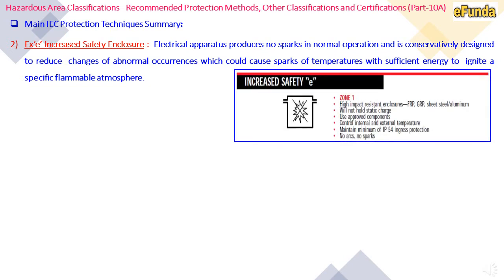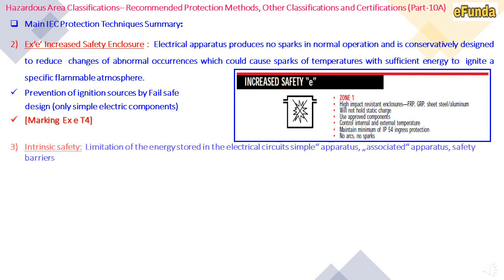One can see the representation of increased safety in the figure, where it is applicable for zone 1: high impact resistance enclosure, FRP, GRP, sheet steel, aluminium, will not hold static charge, use of rated components only, control internal and external temperature, maintain minimum IP54 protection, IP we will see separately, no arcs and no sparks. Prevention of an ignition source by fail-safe design, only simple electric components are being used. Marking